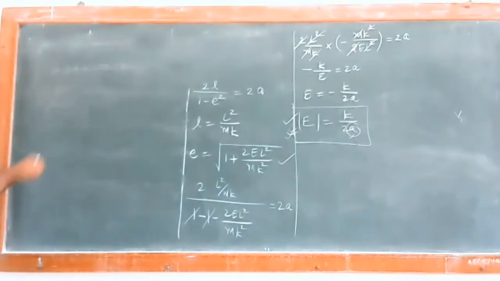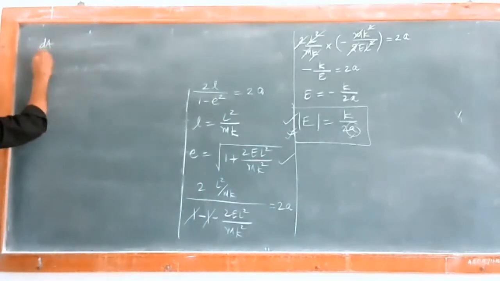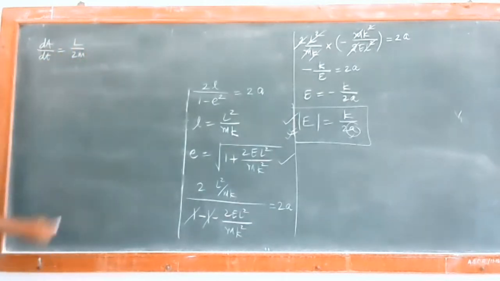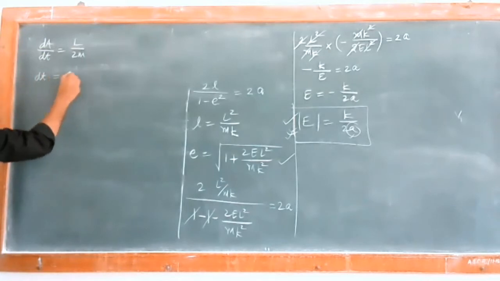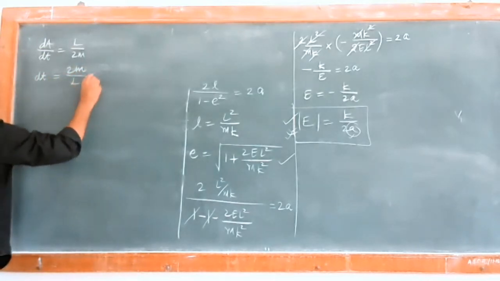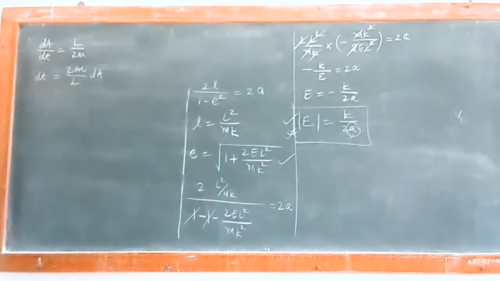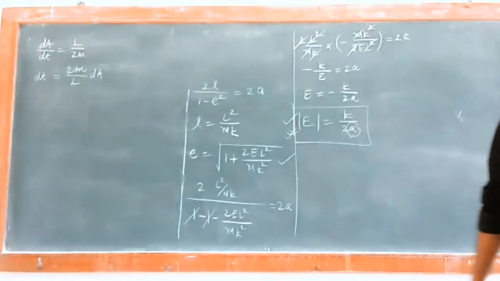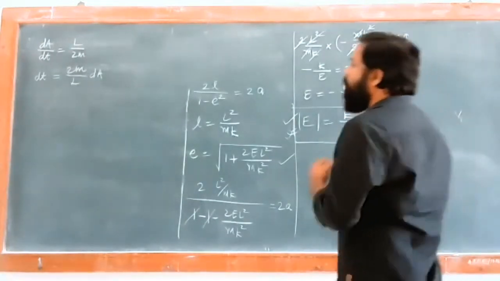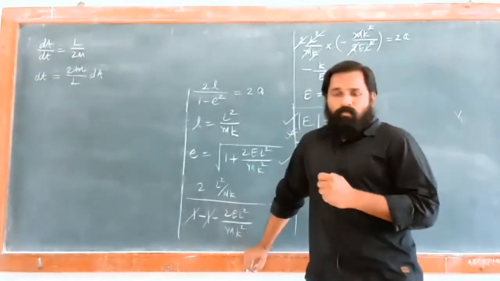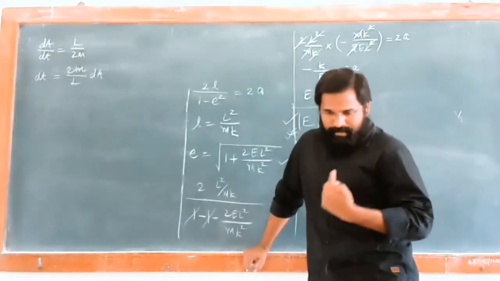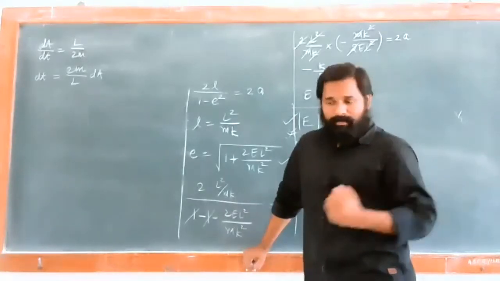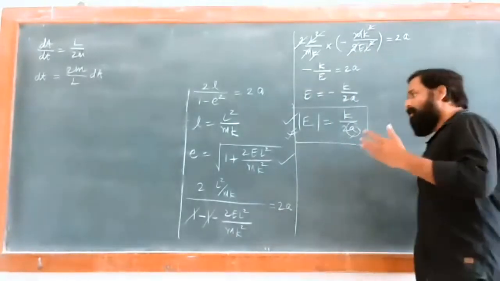We can have dA by dt equal to L upon 2m, or I can write dt equal to 2m upon L into dA. I'll just change this to have an equation in terms of dt, so dt is equal to 2m upon L into dA. So what is dA? dA is nothing but the area covered by the particle or a planet. How much area is it covering? That is equal to